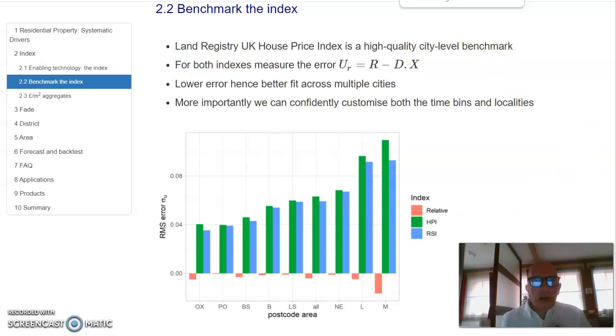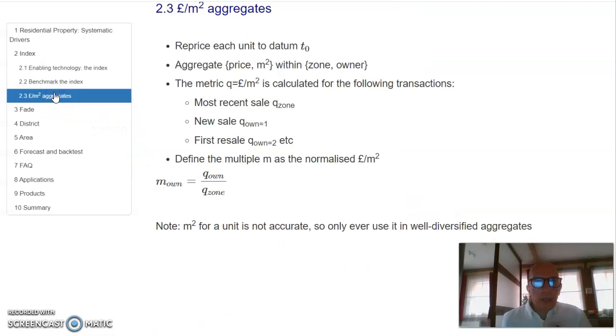Lower RMS error means that we have a marginally better fit across multiple locations. So we've ticked the accuracy box and we can confidently customize both the time bins and the index zones. The first application of the index is to reprice to a datum date so that we can aggregate. And we reprice units, aggregate across many units, and then to analyze new build fade, we compute the multiple M